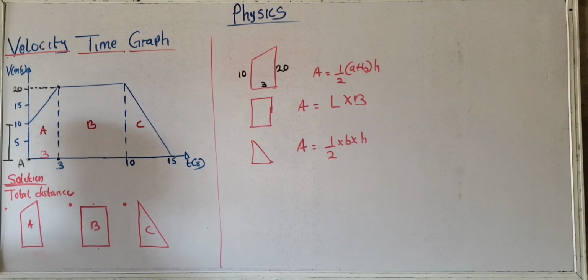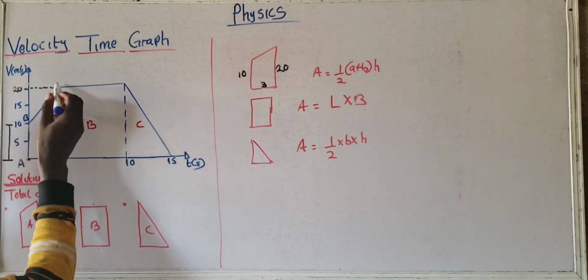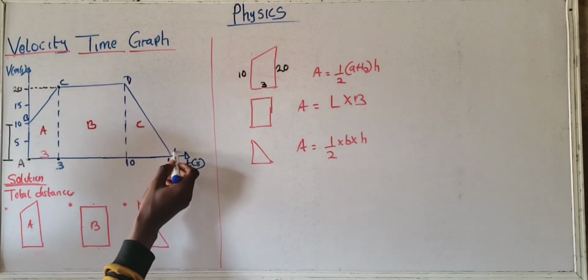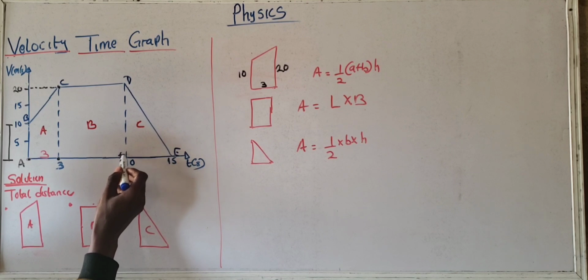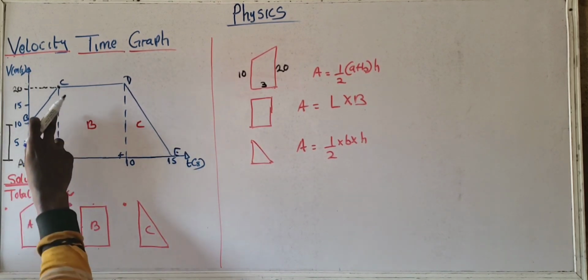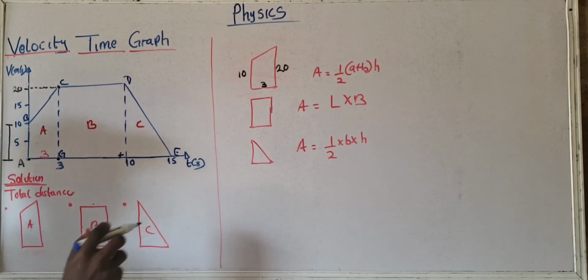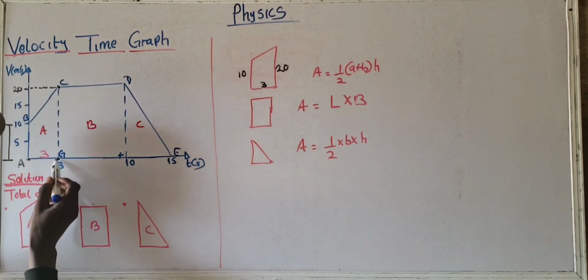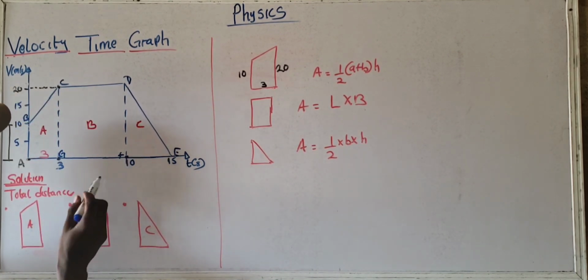Let's call this A. Let's call this B. Let's call this C, D, E, F. You understand? The rectangle aspect is CDGF. You understand? CDGF. And you know that the distance from this point to this point will be the difference between